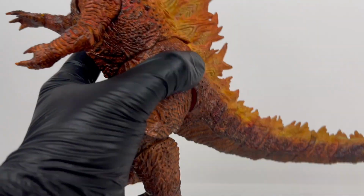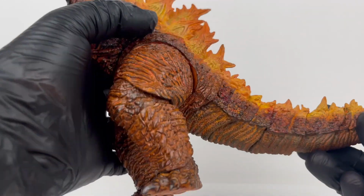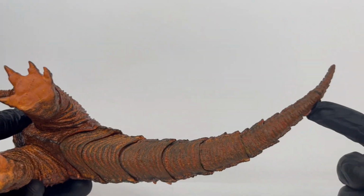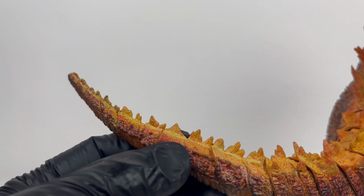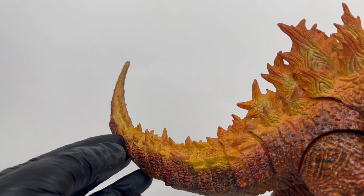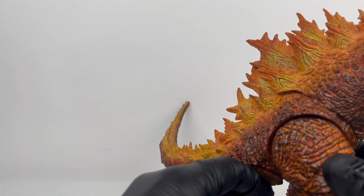Super cool detail there. All the way down to the tail. Everything is done. Nothing's missed. Really just perfect. Even the bottom of the tail. I actually really love this bottom of the tail. It looks really nice. Again, looking at the top. Super gorgeous detail and paint apps all along the entirety of this figure. I think that the fact that HIYA is able to churn these things out for like 55 bucks, really just